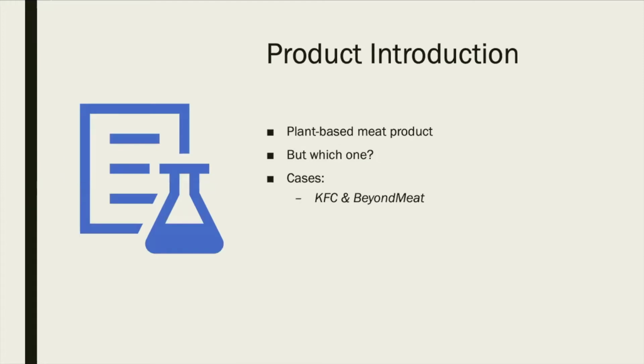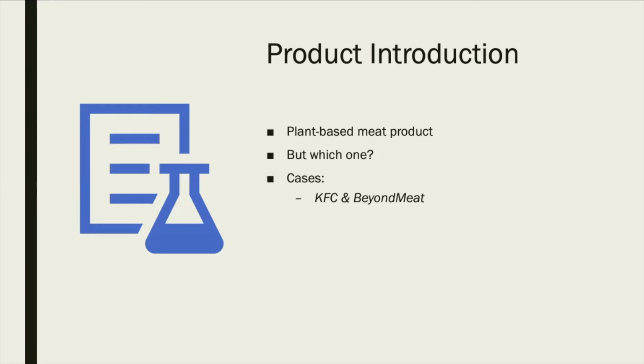So, what is plant-based meat product? It's essentially meat-like. It tastes exactly like meat, but it's not made of meat. It's made 100% from vegetables. The reason we want to develop plant-based meat products is because it is much healthier, it is much better for the environment, and it doesn't involve killing any animals.